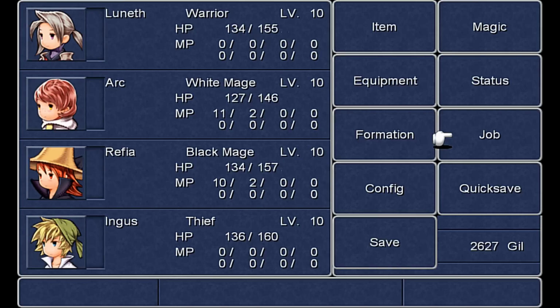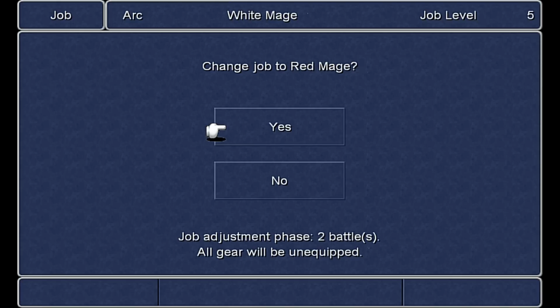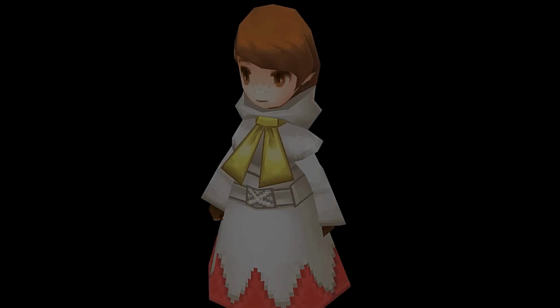But if I wanted to change, say, my white mage, I'm sick of seeing him as my healer. Let's just go with the red mage. See what that is there. It'll take two battles with reduced stats in order for him to be this new job. So you do get a downside for changing classes, but the more similar they are to your current job spec,